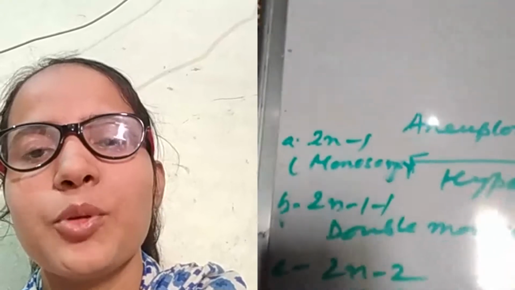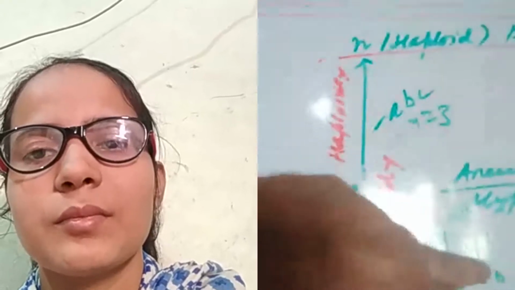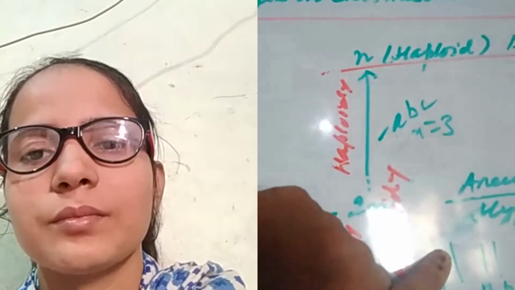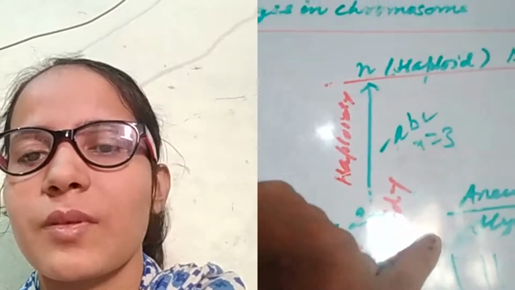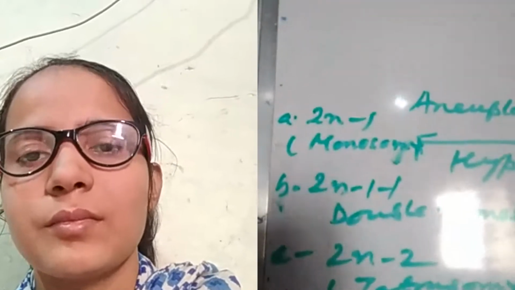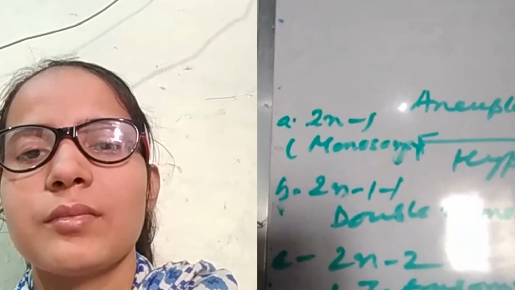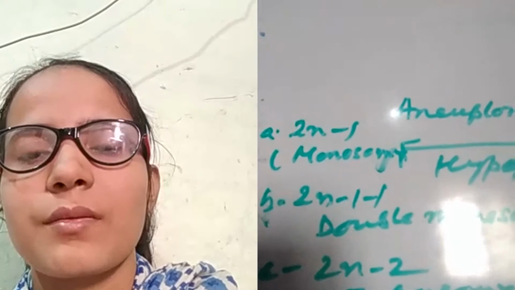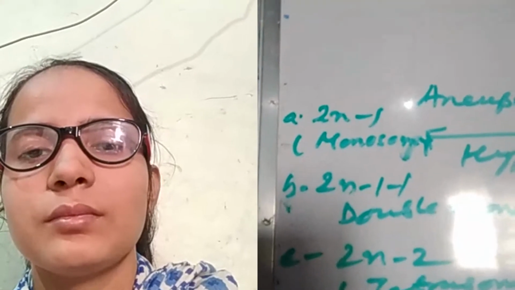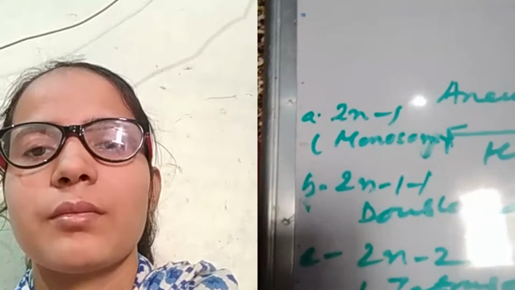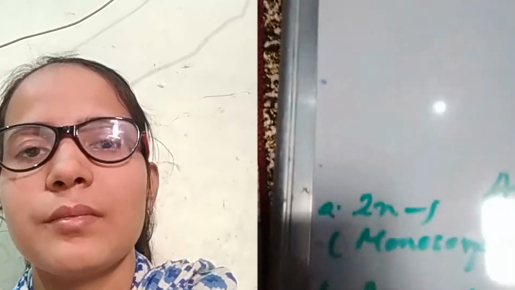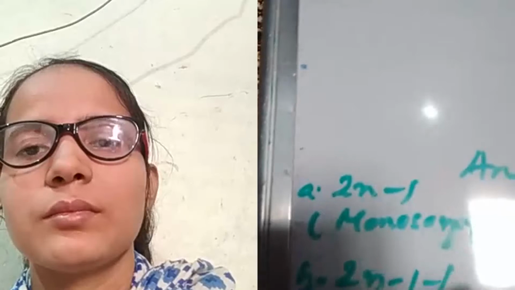Monosomy. Look here. If this is the normal chromosome complement and capital A is removed, only one chromosome is lost, not the complete set. One chromosome from the first pair, capital A, is absent here, while capital B, small b, capital C, small c remain. From the first pair, one chromosome has been lost. What will be the genomic formula? 2n minus 1. If two chromosomes are lost, it will be called 2n minus 1 minus 1.